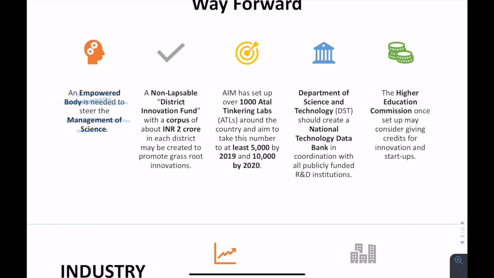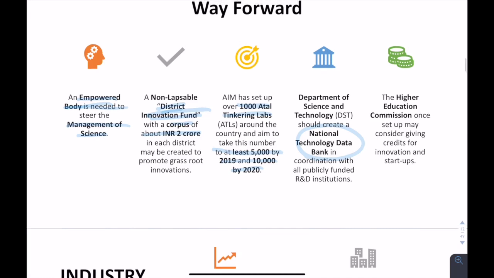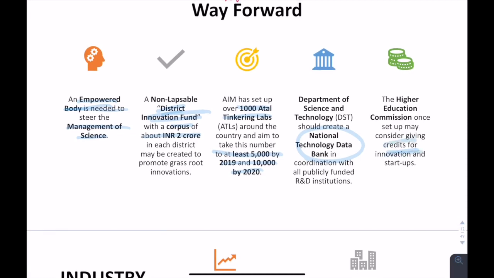A non-lapsable district innovation fund should be created, with a corpus of 2 crore rupees. Atal Innovation Mission has already set up 1000 Atal Tinkering Labs for innovation in schools. It needs to increase to 5000 by 2019 and 10,000 by 2020. Department of Science and Technology should create a national technology data bank in order to create a database of all the technological innovations happening. And a higher education commission, once set up, may consider giving credits for innovation and startups,